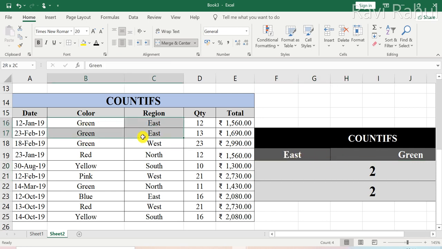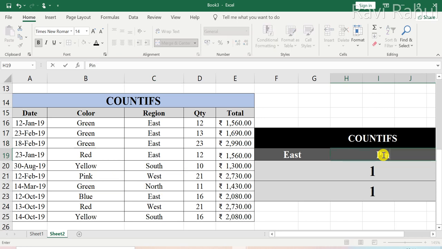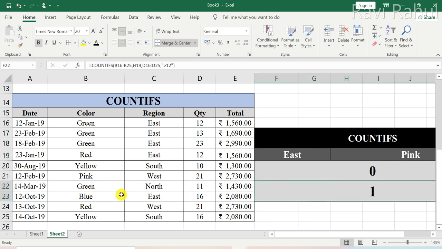You can see it here. Suppose I make this also green as east, you get 3. Now what if I type in red? There are no reds sold in the eastern region. If you want to change the color to pink in the eastern region, there is no pink, so 0.